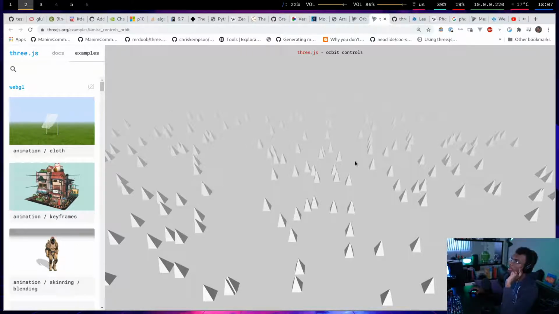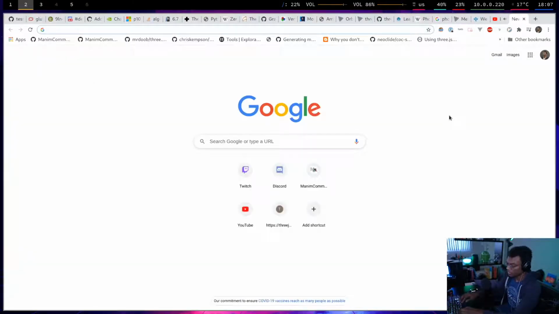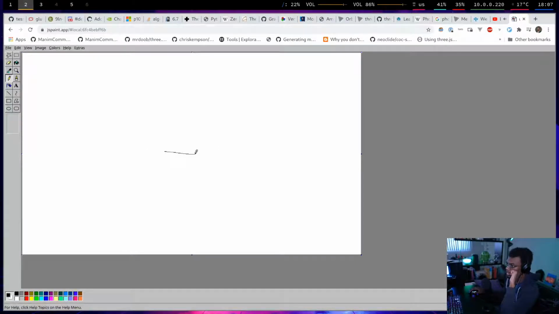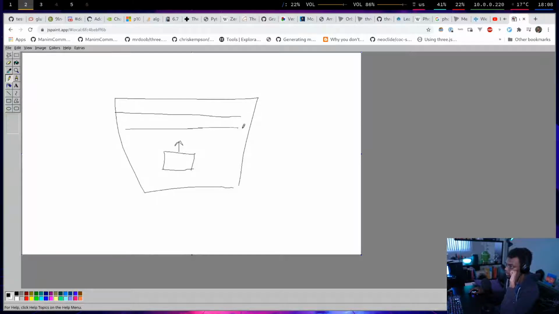I might end up having to bust out Paint for this one, because in one sense this is fairly straightforward. If this is like the back of the camera, and it's looking in this direction, which would be the negative z-axis, and this is essentially the ground, the xy plane, something like that. If I drag in this direction,